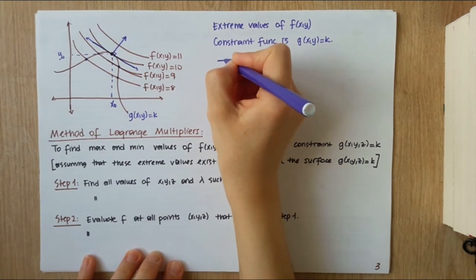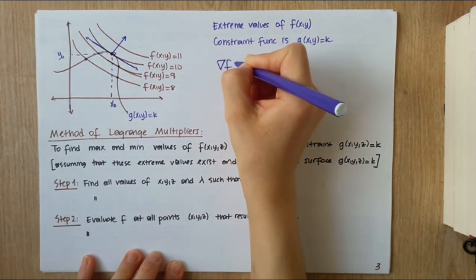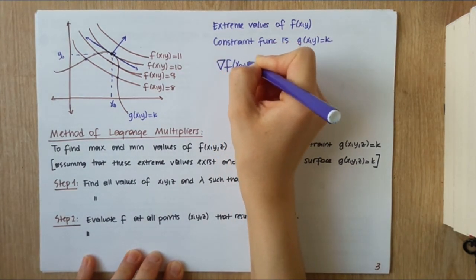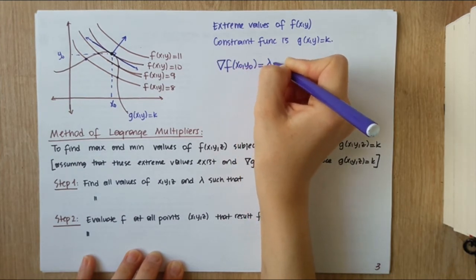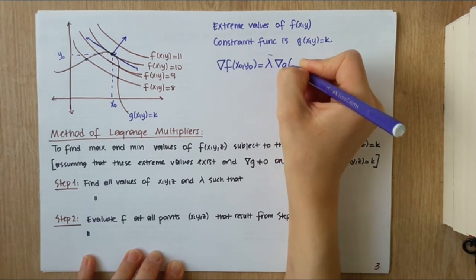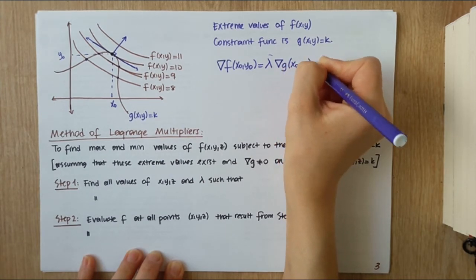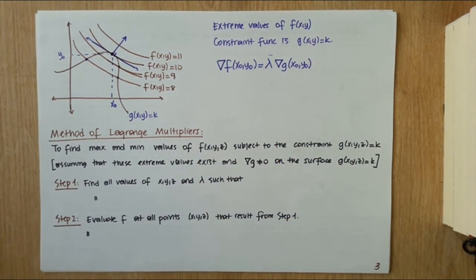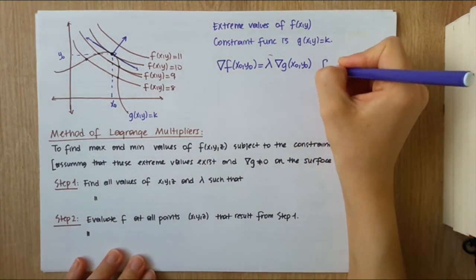I will summarize it like that: gradient of f at this point equals lambda times gradient of g. This lambda is just a constant here. Because they are parallel to each other, one of them is a constant multiple of the other. Okay, so here for some